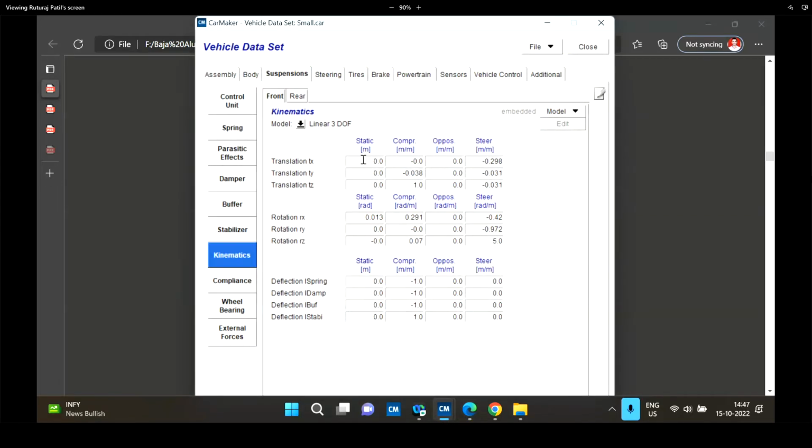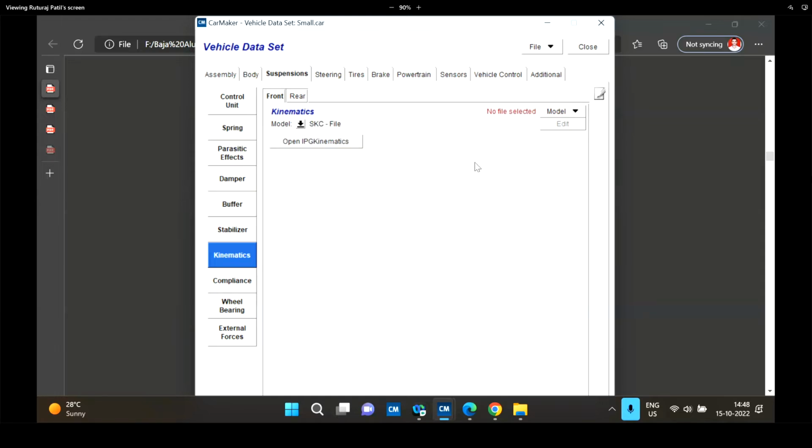Now that we have covered all this, let's see the other options that are available in kinematics. Let's select this SKC file. The SKC file is created using an external software package created by IPG, which is called IPG Kinematics. IPG Kinematics is a program system designed to simulate a vehicle axle on an axle kinematics test bench. It is a virtual test bench which can be used to calculate kinematics, steering kinematics, and elastokinematics of